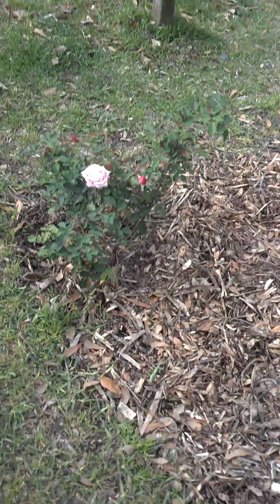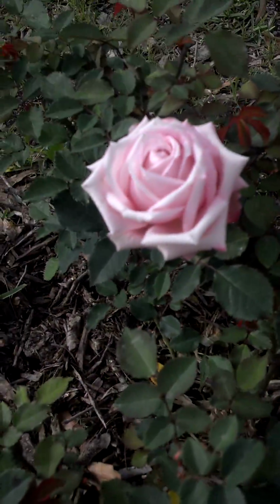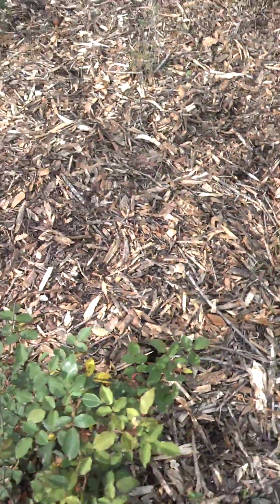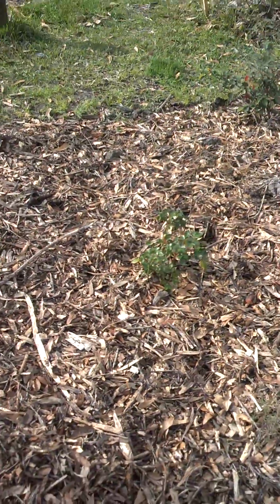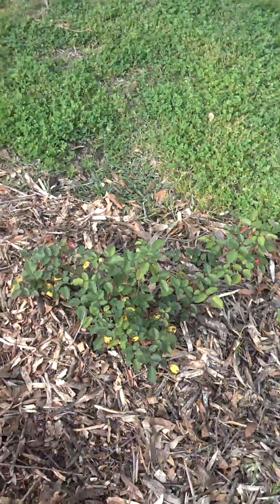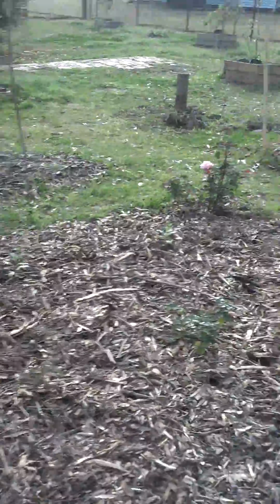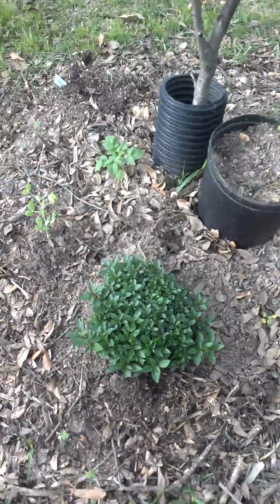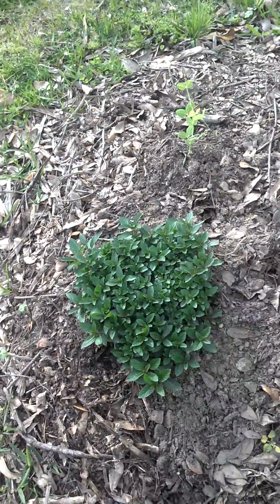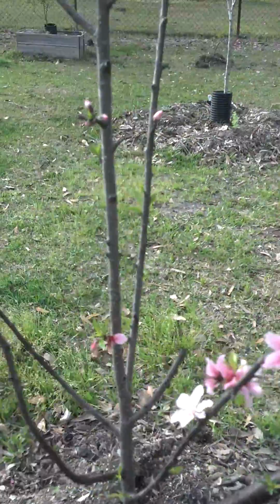And my roses, here is one of my Belinda's Dreams. That's what they're supposed to look like. And another Belinda's Dream, and I have a yellow rose in the center, and Belinda's Dream, and some rosemary, and a couple of aster plants that I'm trying here. I have some sweet mint that's growing really good and smells really wonderful. And over here I have some peppermint growing,